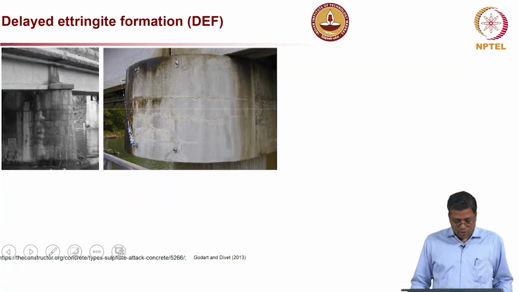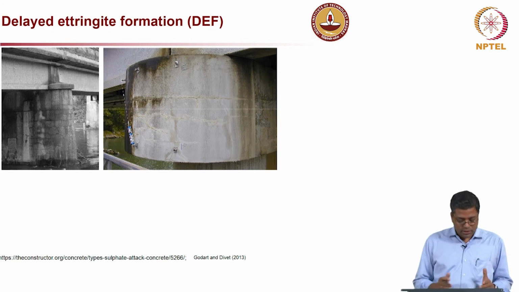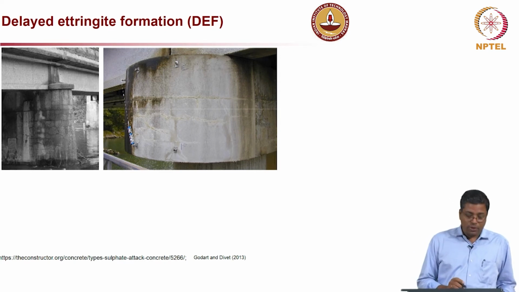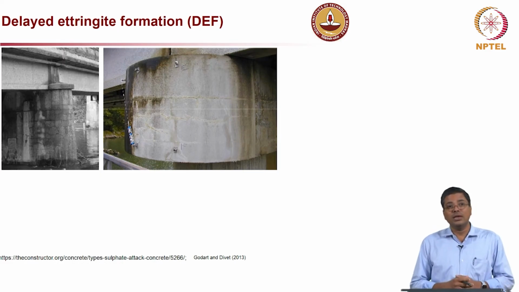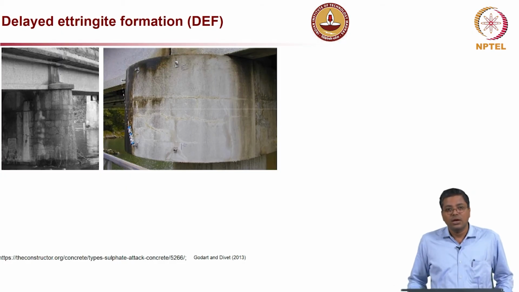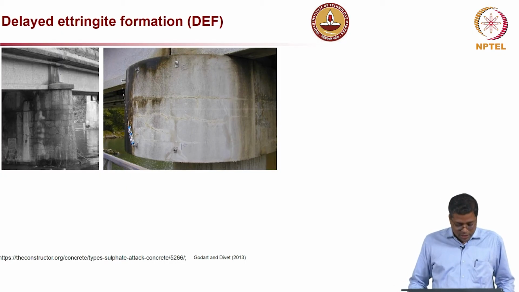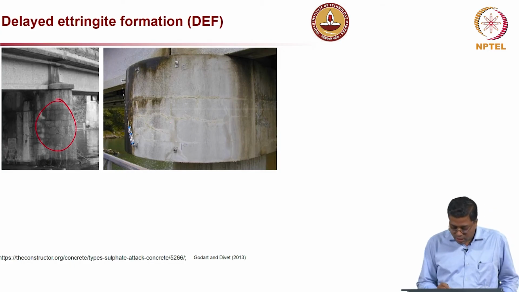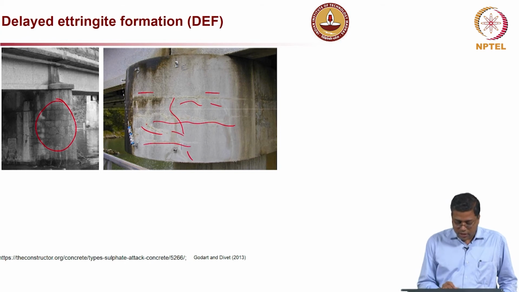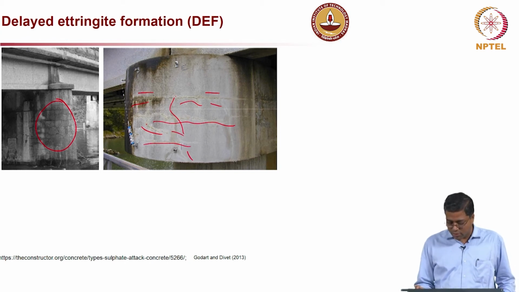Now, here are some demonstrations of this sulphate attack. You can see these are bridge piers, very large bridge piers. So, definitely these are mass concrete elements. So, probably the curing temperature might have reached a level beyond 70 degrees Celsius, and after a long period of time they started degrading or deteriorating due to sulphate. You can see significant cracking here, a lot of cracking all over these concrete elements. So, especially for mass concrete elements, we have to really think about this.